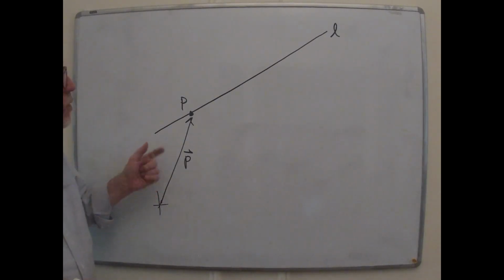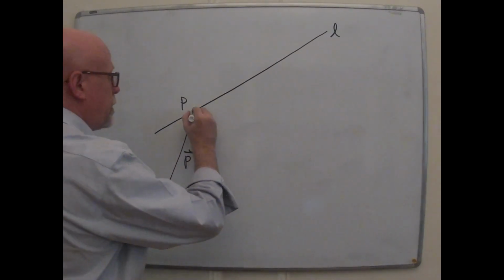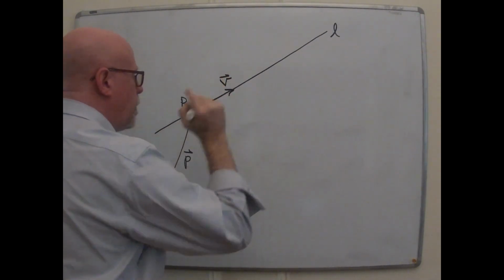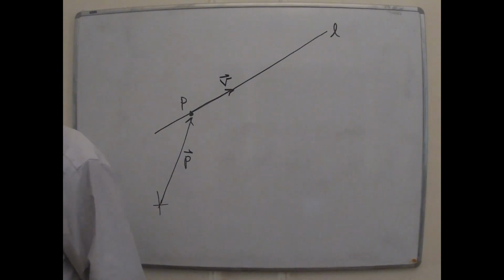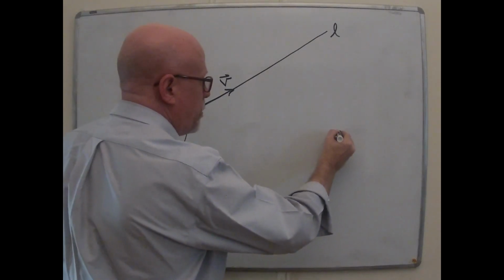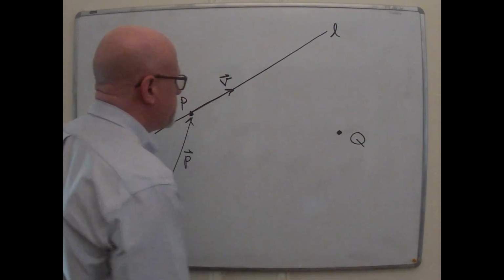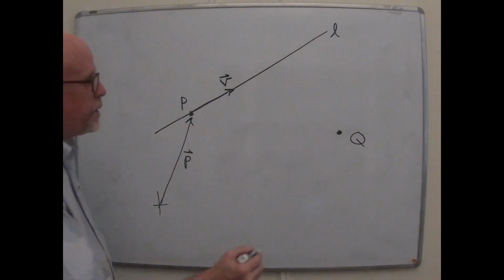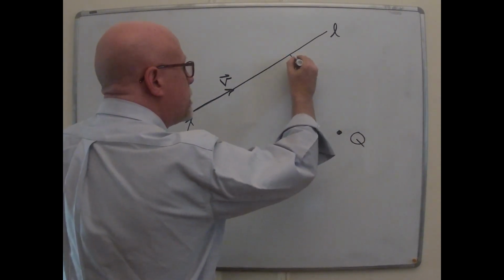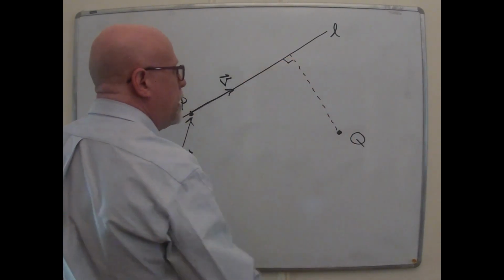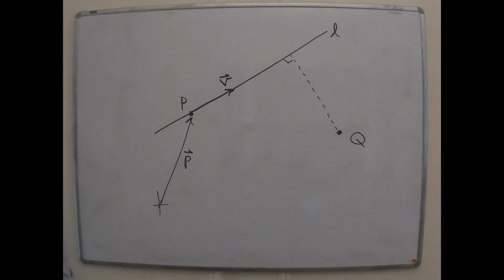The other component you need for the equation of a line is the velocity vector, let's call it V. And there's the tip of it right there, lying along the line. All right. Now I want to have a point Q that's somewhere off in space away from the line. There it is. So what I want to do is figure out the length of this line that I'm putting in dashes, that's perpendicular to